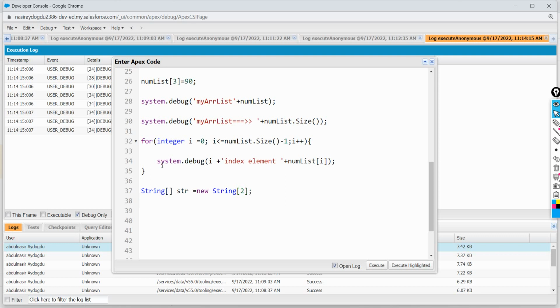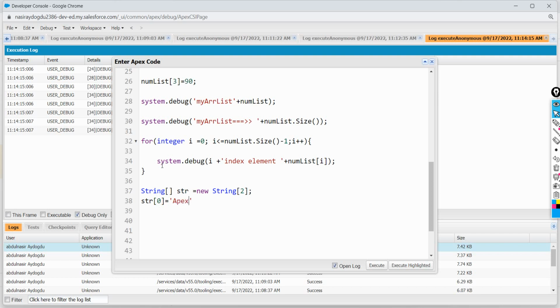And then if you want to add string to here, just string, and then your index number 0, and then assign to what, let's say